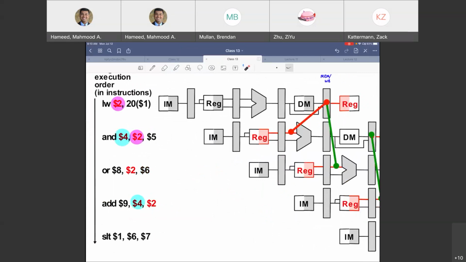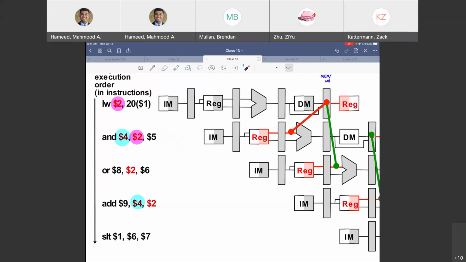Go ahead. A no operation, right? So instead of this AND, I will use a no operation. Push everything down, use a no operation instead. Okay, so that will solve it, right? So that is one solution. But I hope Zach was a little bit hesitant to say that, right? Because it was not the best solution.